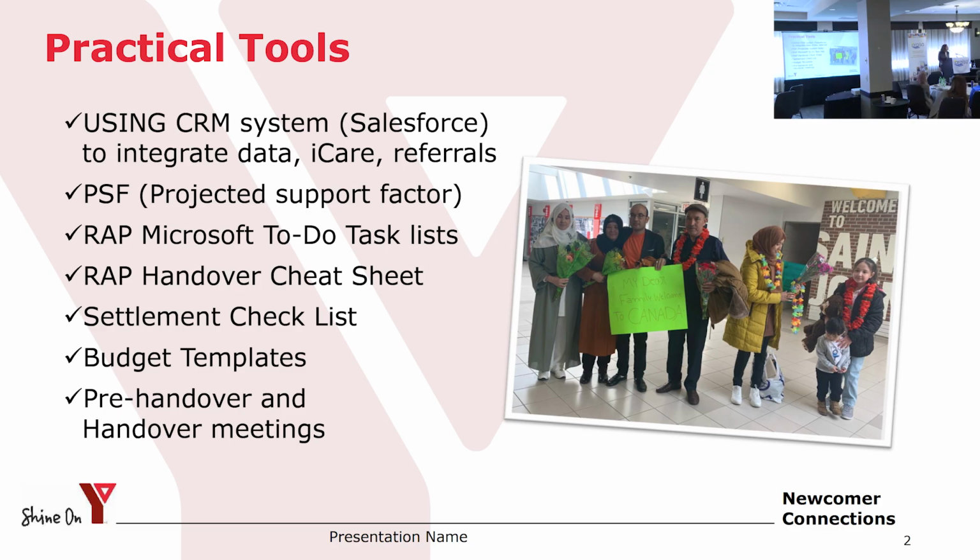We know in RAP, it's chaotic. We don't know what's going to happen from day to day. Nothing ever goes as planned. We have a plan of our 21 days to do what we think we're going to do, and it never happens the way we think it's going to. So having some tools at your fingertips to keep yourself organized, I think will help us all in the long run. So if you look in that little packet that I gave you,